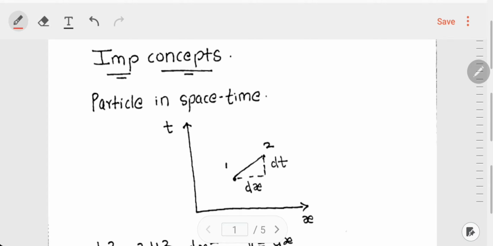Firstly, a few important concepts. In the last lecture, that is lecture 1 of the 4 vectors, we learnt about the concept of space-time. We had a lecture about introduction to space-time. If you haven't seen the lecture, I'll put the link in the description. In that lecture, we discussed a particle which is moving along a particular world line and an invariant quantity in the Einstein space-time, that is Minkowski flat space-time, which we call as space-time interval. So let's have a look at the space-time interval for a particle in space-time.